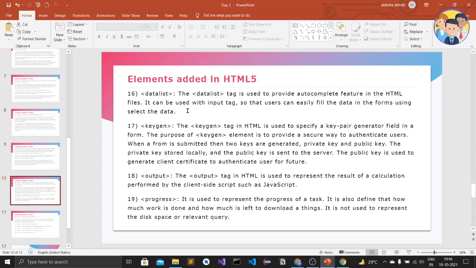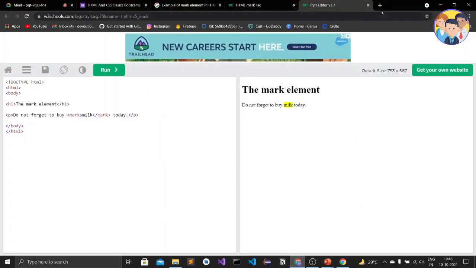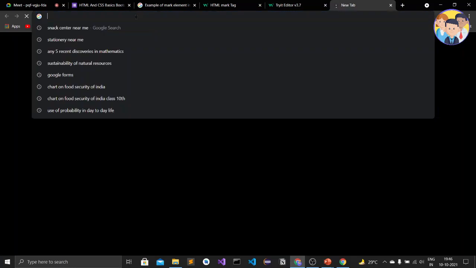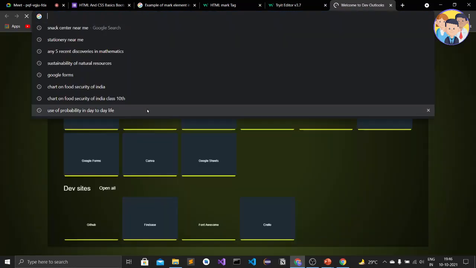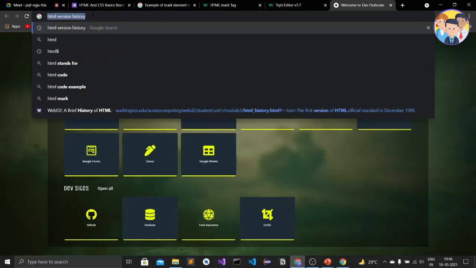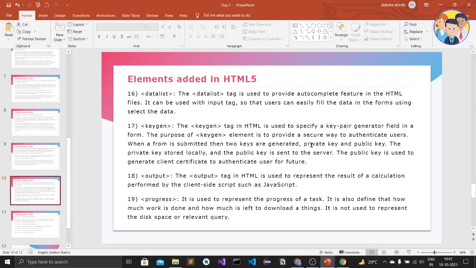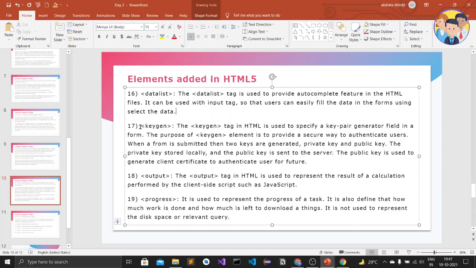Whenever we input something, like when we search anything, here I can get suggestions. These are the data set. When we input something like HTML, here I get some options. These are called datalist. That is all the datalist element does.